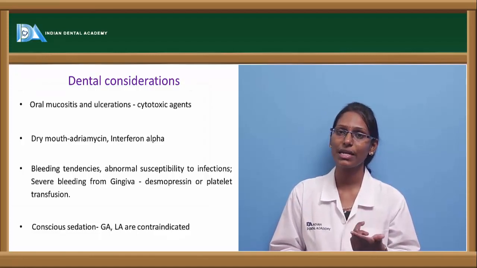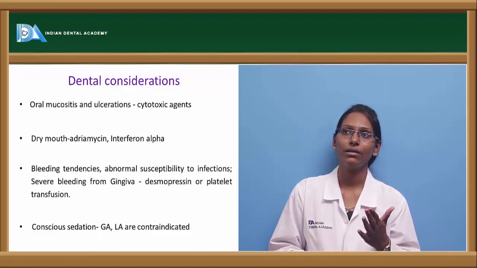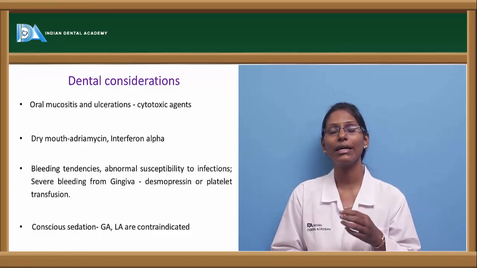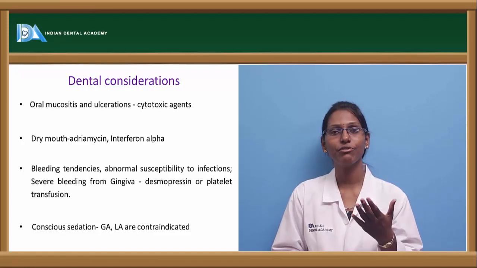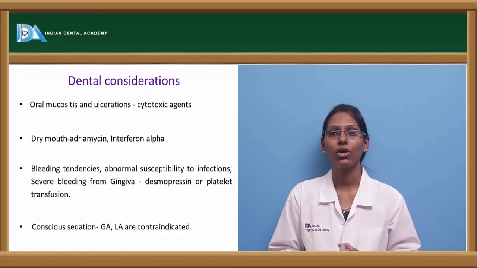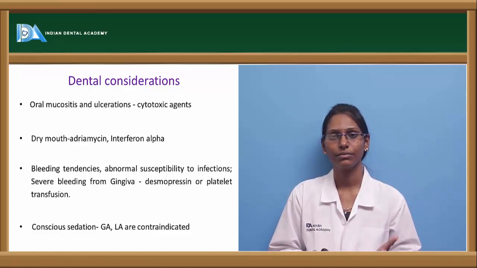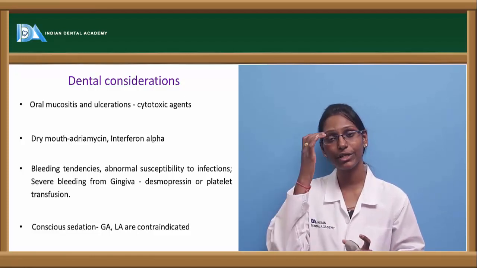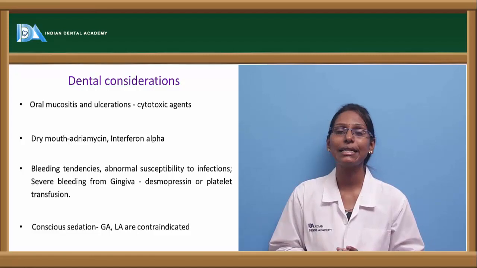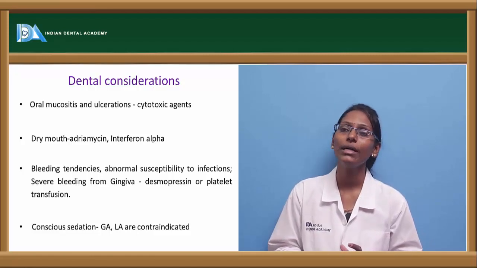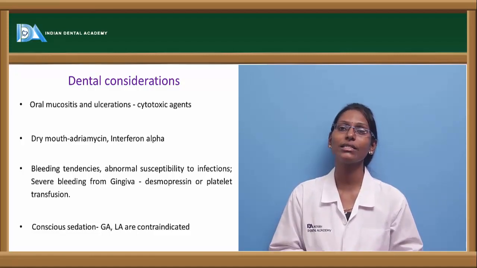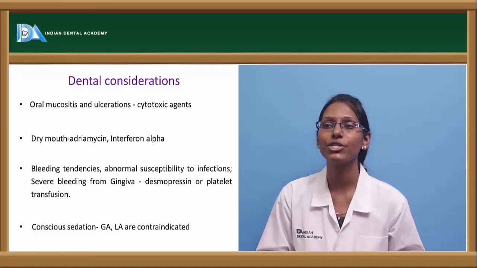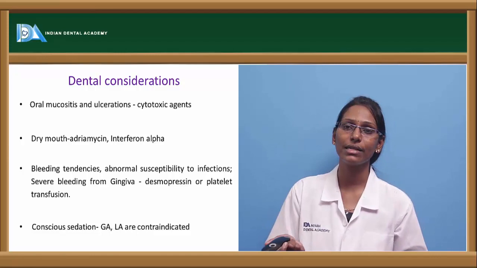Hence, the dry mouth is treated by using artificial saliva such as carboxymethylcellulose, or by asking the patient to take sialogogues such as pilocarpine, etc. Next, we have bleeding tendencies and abnormal susceptibility to infections in these cases, hence strict aseptic conditions have to be maintained. Next, we have severe bleeding from gingiva, where desmopressin or platelet transfusion has to be done